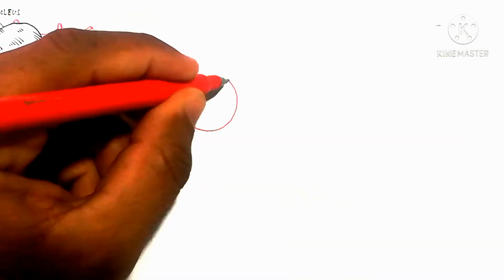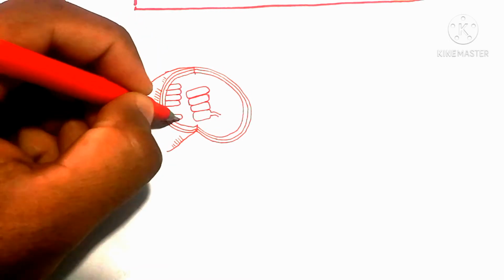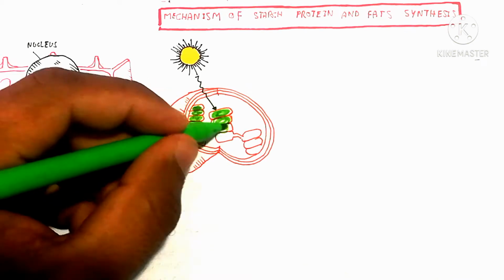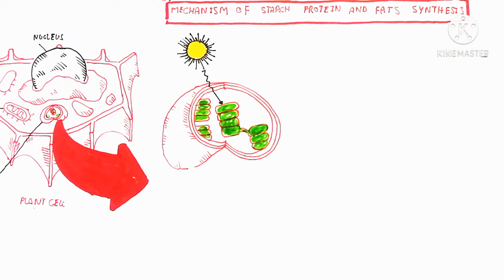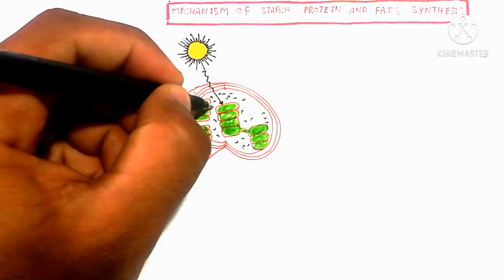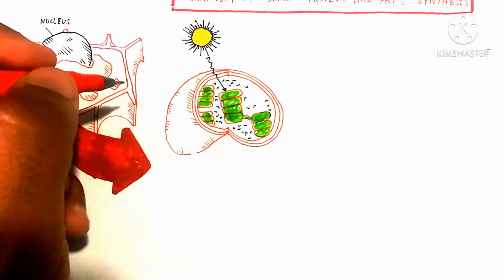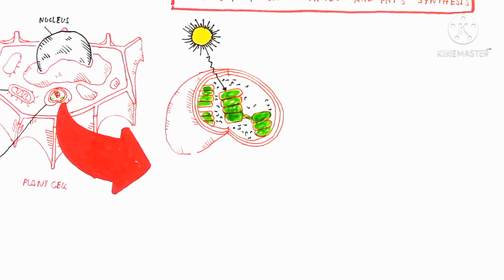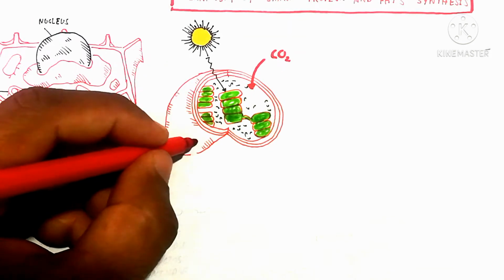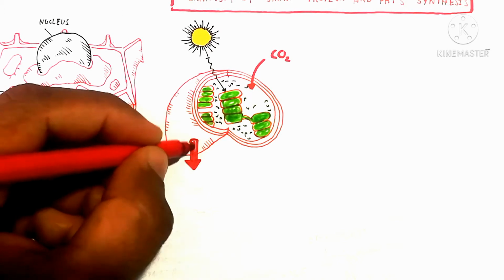So that is the plant cell, which contains a chloroplast. Chloroplast is a very important organelle to produce sugar by using the light. Using the light to produce ATP in the thylakoid membrane. So here is the thylakoid, which produces the ATP and NADPH. Here is the thylakoid membrane, which transports the ATP and NADPH into the stroma, and